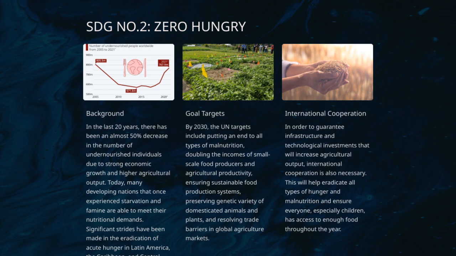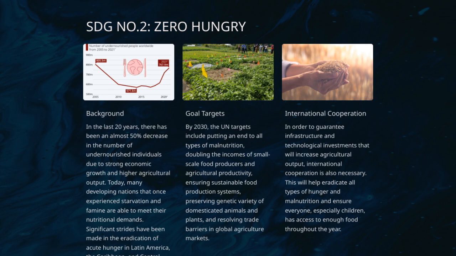Over the past 20 years, we've seen remarkable progress, about a 50% reduction in the number of undernourished people, thanks to strong economic growth and improvements in agricultural output. Many developing countries that once faced severe hunger and famine are now able to meet their nutritional needs. We've made significant strides, especially in regions like Latin America, the Caribbean, and parts of Central and East Asia, where acute hunger has been considerably reduced. All of this work aligns with SDG number 2, Zero Hunger, emphasizing that ending hunger is both a global challenge